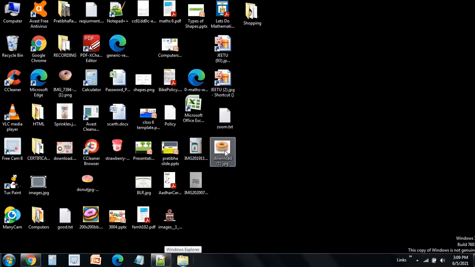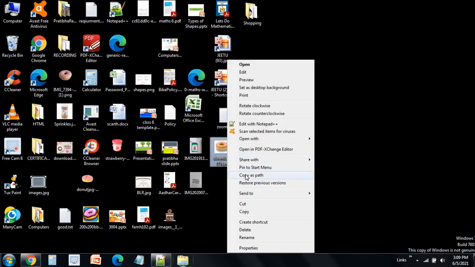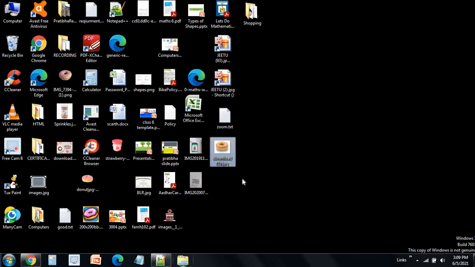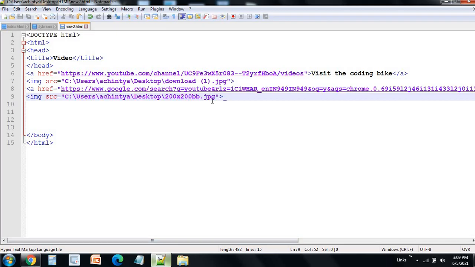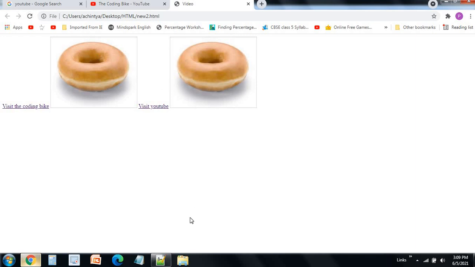I'm going to show you one more feature that will make inserting images easy. What you have to do is right-click on the image and at the same time press your Shift key. When you press these together, an option is going to come up: copy as path. As soon as you click on this, you can copy the full path of the image and save it.